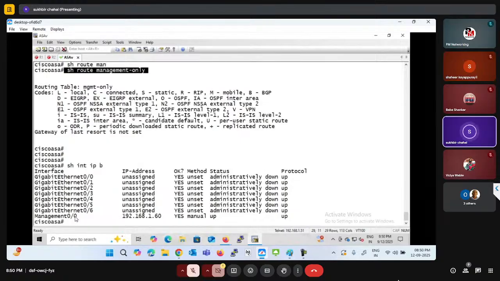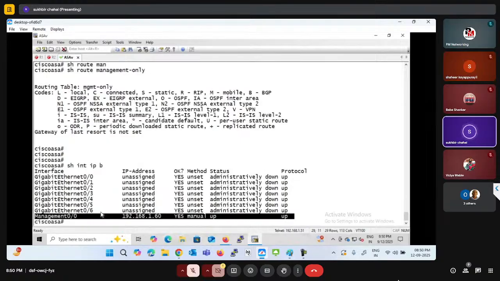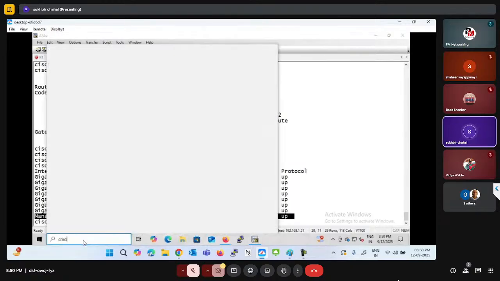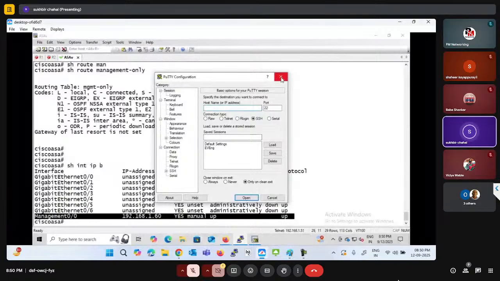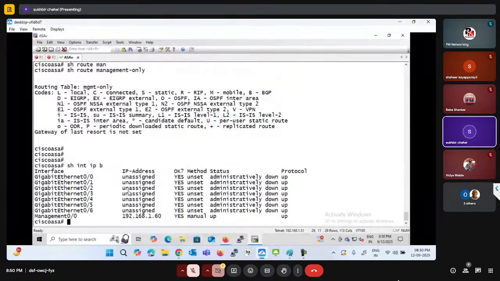see, the IP address is visible here and the interface is up. So if you try to ping, let me try to ping 192.168.1.16. So the IP address is reachable from my laptop, right? Okay. So what I can do, I can try to take access of it. The first thing, telnet is not configured yet, right? And if you want to configure telnet,